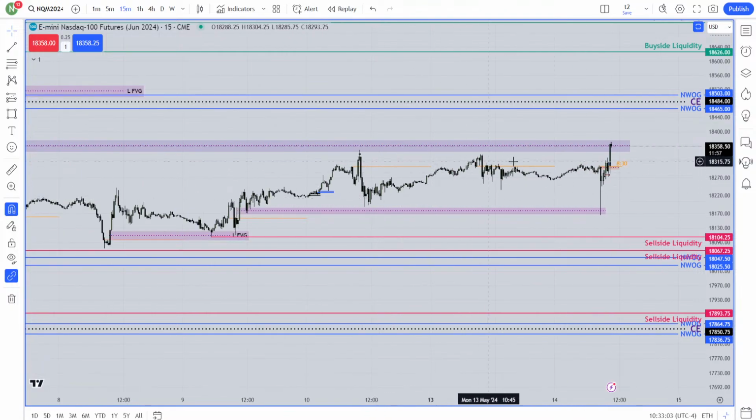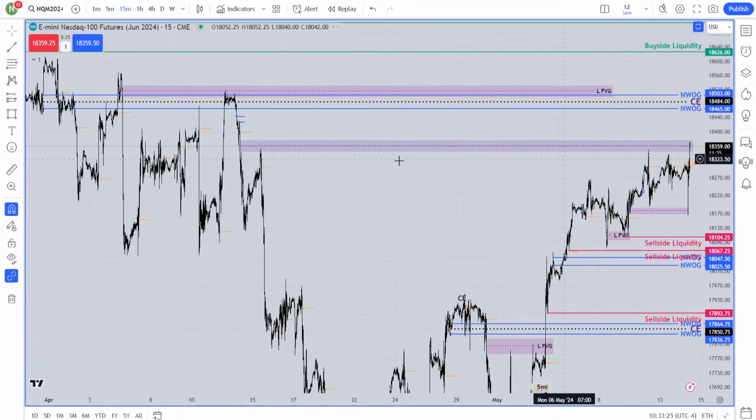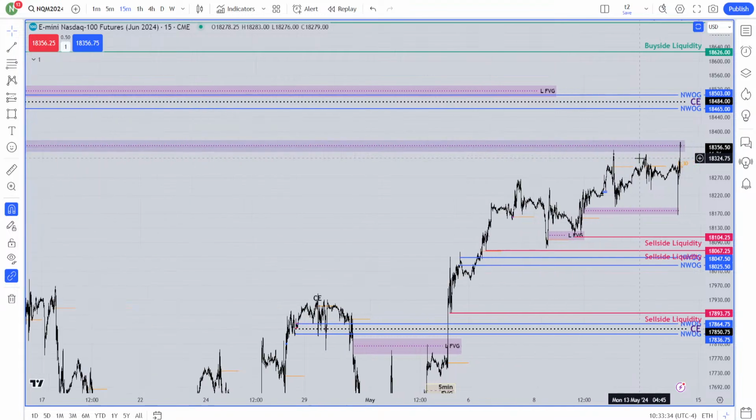Right now, market has taken all of this sell side liquidity over here from Friday and Monday, I guess. Friday and Monday, is it? Yeah. From Friday to Monday, all the sell side liquidity has been taken, all the buy side liquidity has been taken. Everything is taken. No more buy side liquidity, no more sell side liquidity. At the same time, it has cleared this high and that high. They were relatively equal highs. The most obvious clean buy side liquidity has been taken.